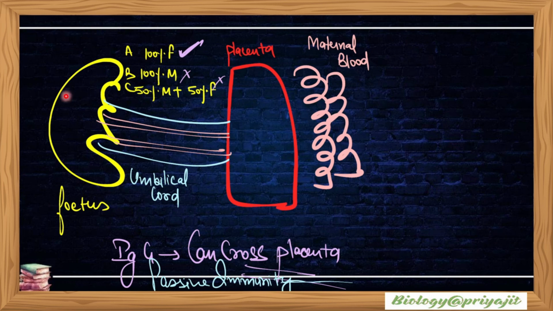So there is a fetus, and there is maternal blood. In between the maternal blood and the fetus, there is the placenta. Between the placenta and the fetus, there are an artery and vessels which constitute the umbilical cord. The blood transported between the mother's body and the fetus's body is 100% fetal blood. IgG is the single and only antibody which can cross the placenta, and it is followed by passive